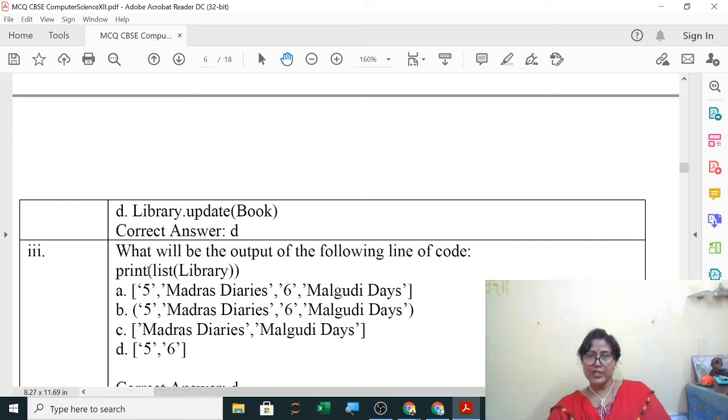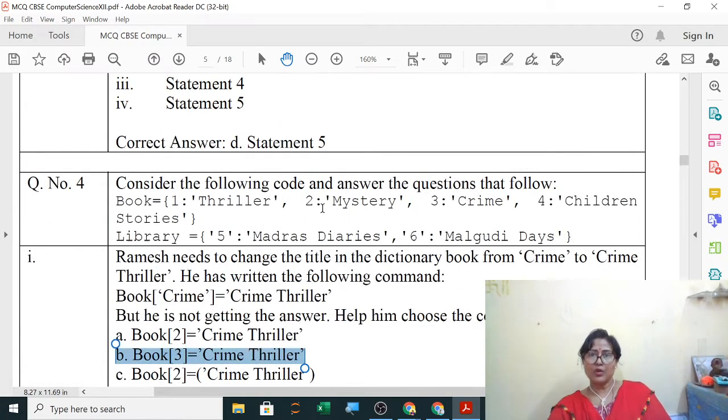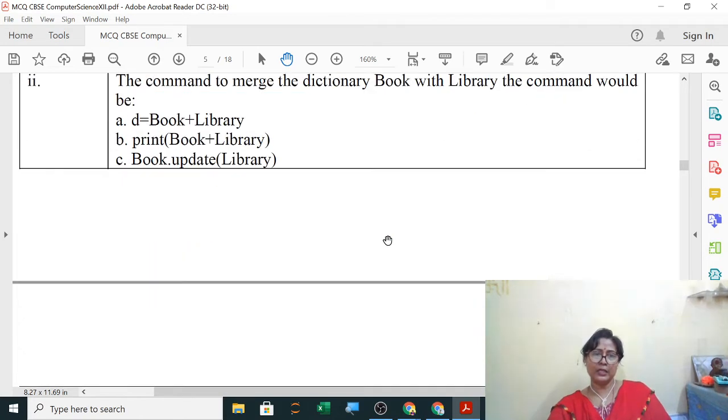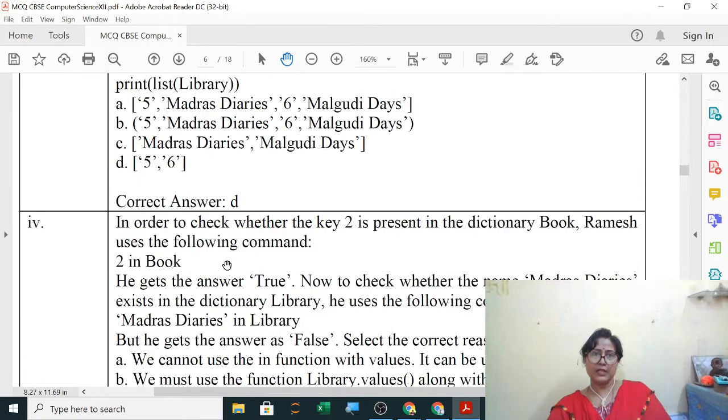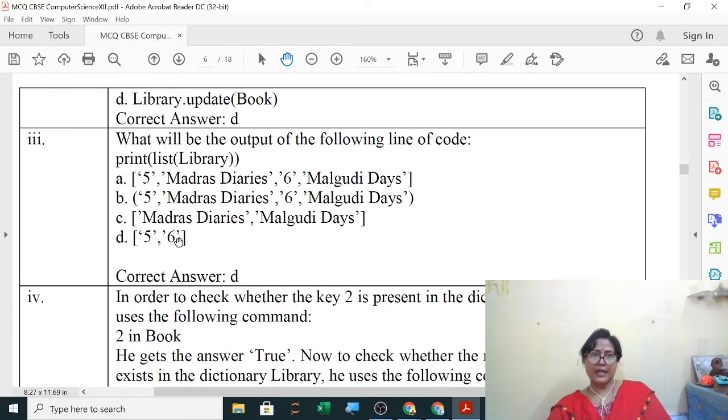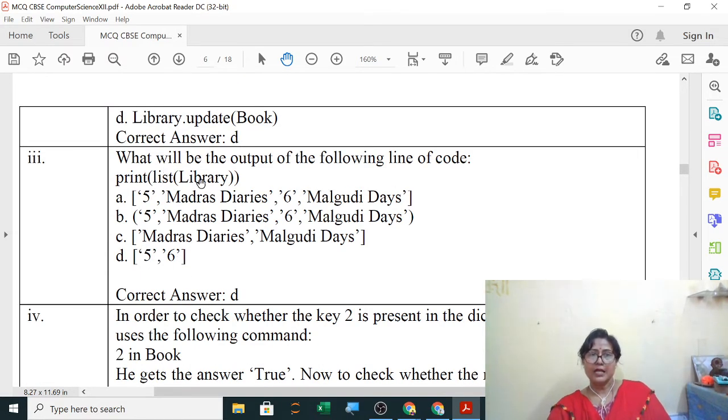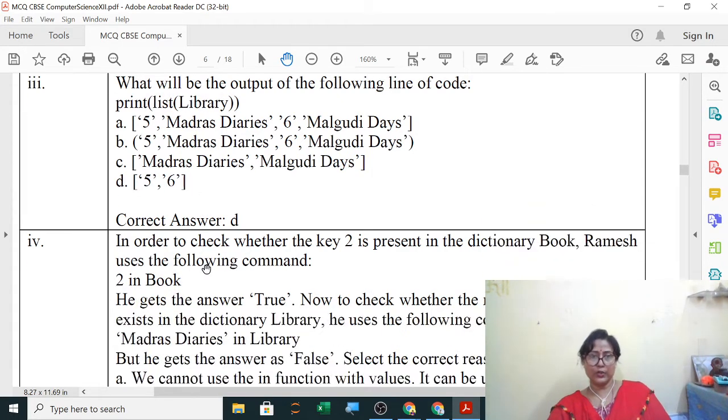It will be converted into a list and show the keys, 5 and 6. Normally when you print the library directly it shows everything, but since you have written list of library, it is converting into a list and showing the keys.